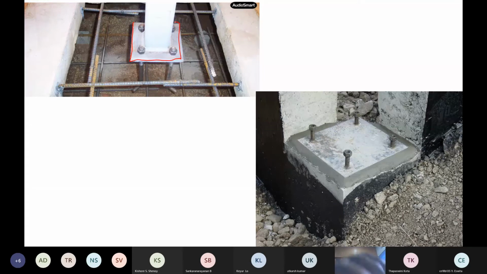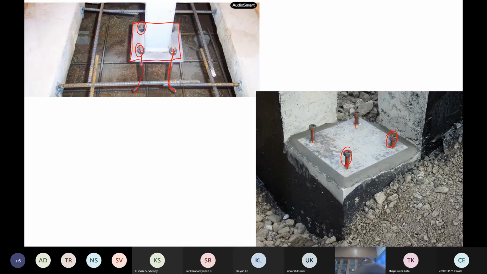Of course, he has already put the column here. Basically what happens is you see these nuts are here, and they will be anchored in the concrete. So you put a concrete here, and these are the anchor bolts. You take a steel plate, and these are the four bolts. You put it on the top of them, and then you tighten the screws. Then your column will get nicely fixed to the foundation.